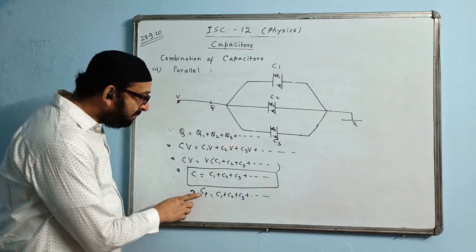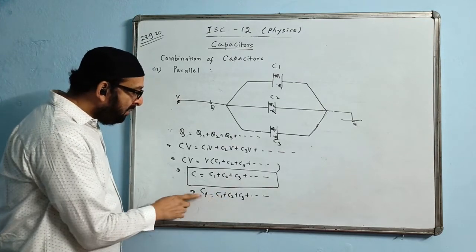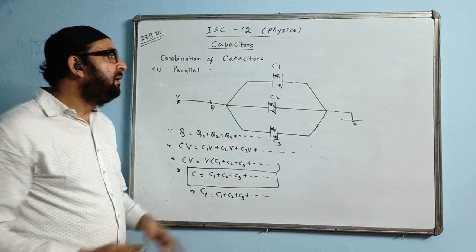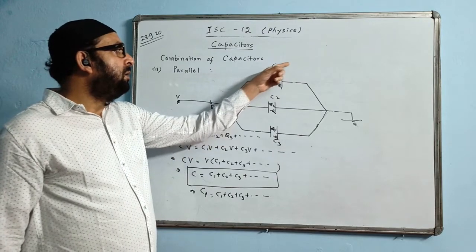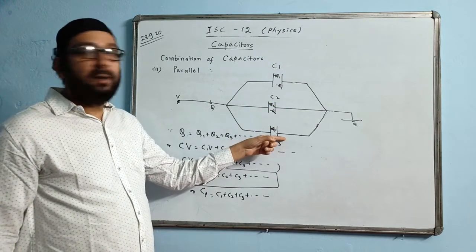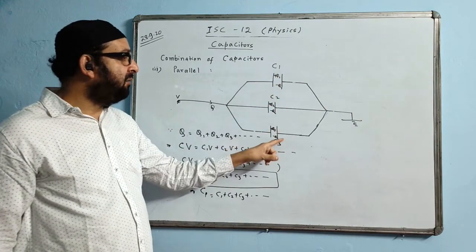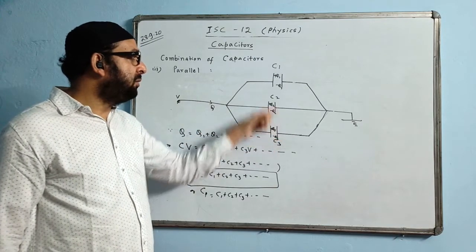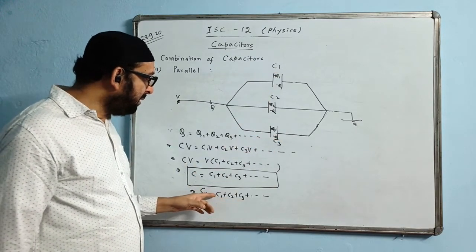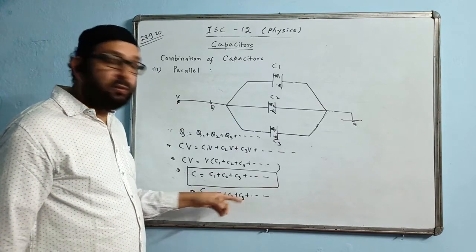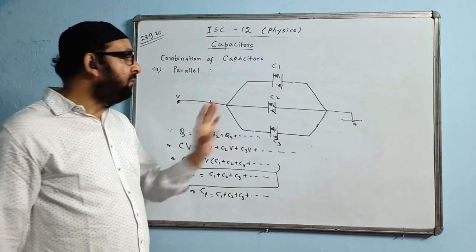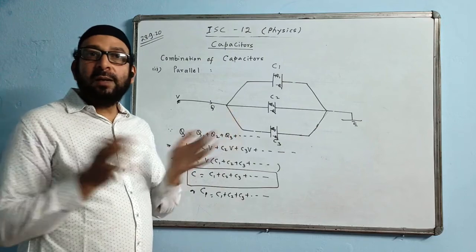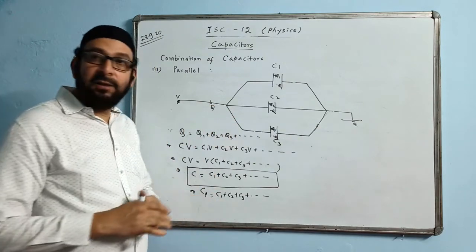And here the special feature of this formula is that the total capacitance will be more than the greatest. What is the meaning of that? Suppose we have capacitances of value 2 microfarad, 3 microfarad and 4 microfarad. Which one is the greatest here? 4. Your answer will come anything but more than the greatest, because simple addition will take place. You can simply add them: 2 plus 3, 5, 5 plus 4, 9. So the answer is 9 microfarad, which is more than the greatest. So that is what I am saying. In parallel combination, the total value of capacitance increases because simple addition takes place.